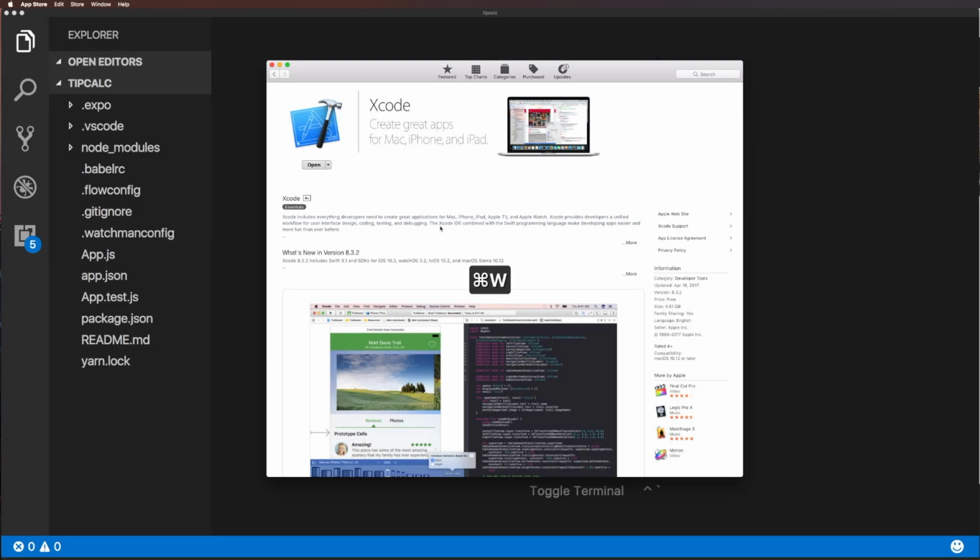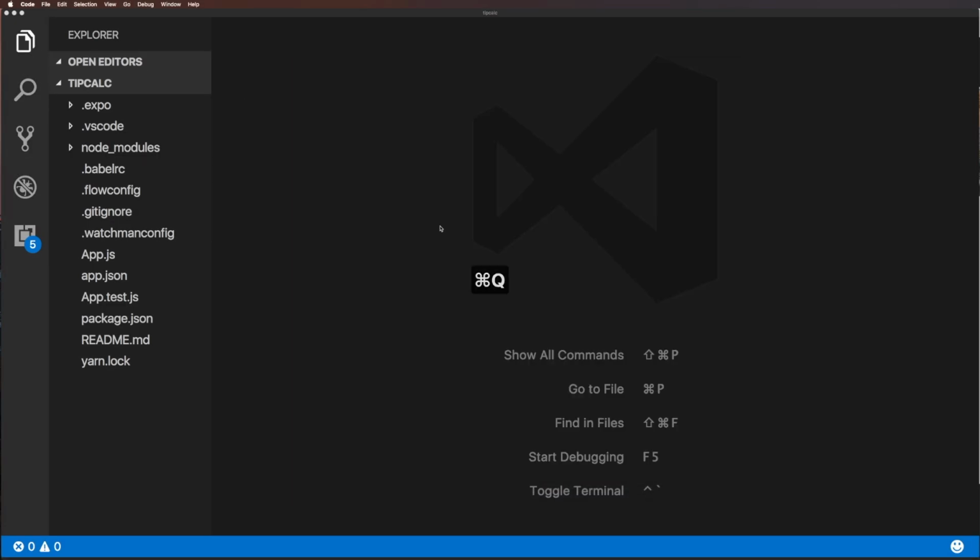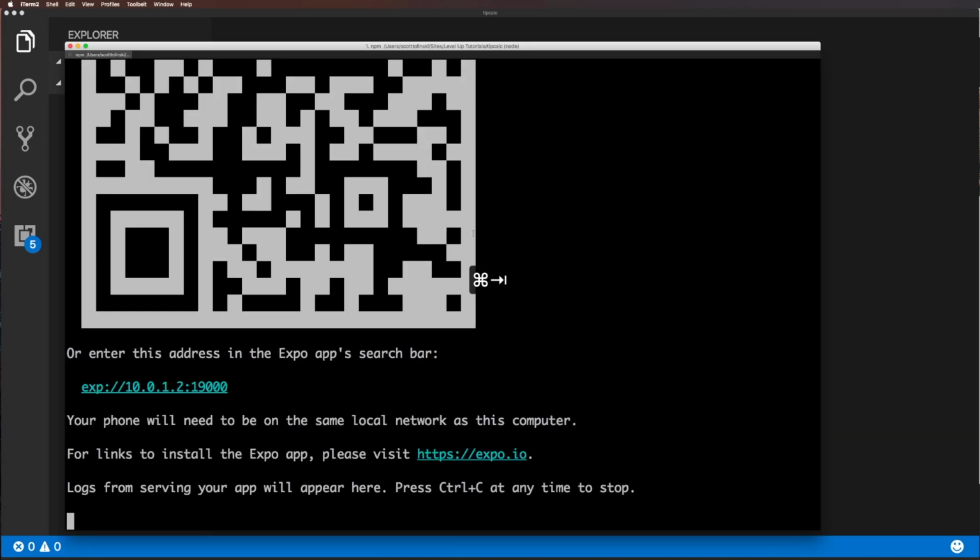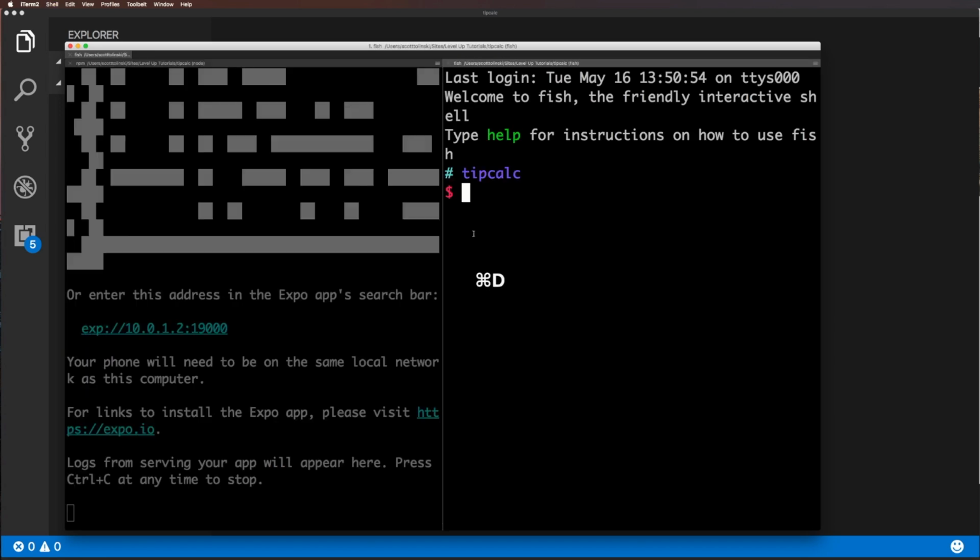Okay, so now that Xcode is installed, we'll want to close out the App Store and we're going to want to make sure that our Xcode command line tools are installed. I'm going to hit Command D. This is just an iTerm thing to split up a new window. You can always open up a new window, and it doesn't matter from what directory because this is a global thing, but we want to type in xcode-select